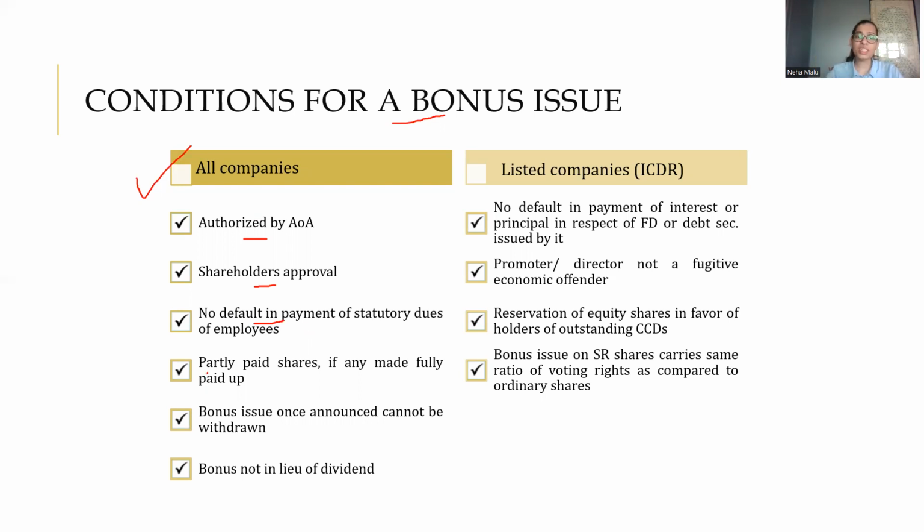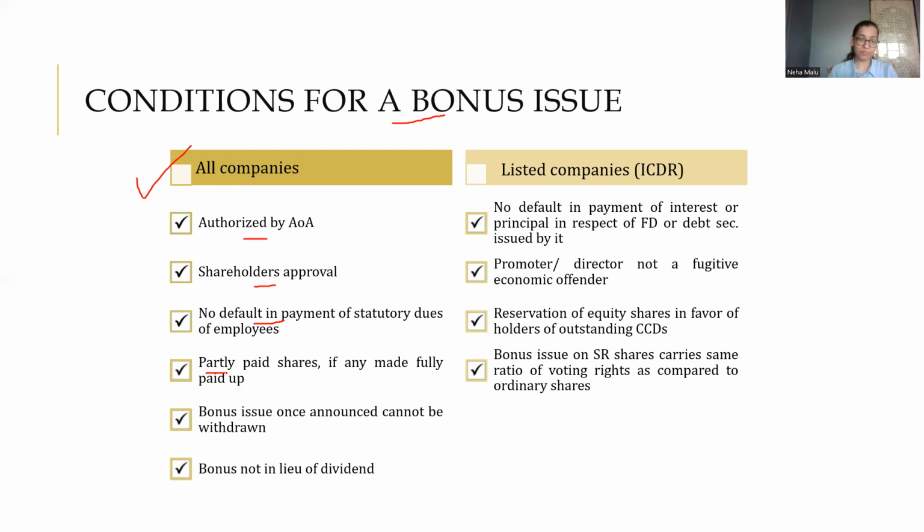And partly paid up shares, if any, have been made fully paid up. So, for example, the company has huge reserves which it wants to utilize for the purpose of bonus. However, the shares are partly paid up. So, for example, the share was of rupees 10 and it is paid up to rupees 8. Then the company can also consider going for a bonus call first and thereafter a bonus issue